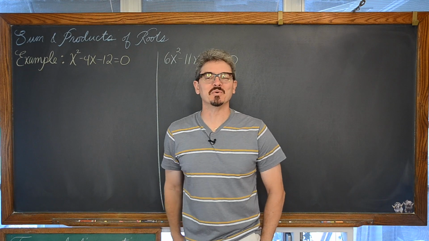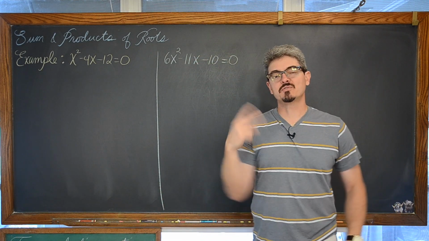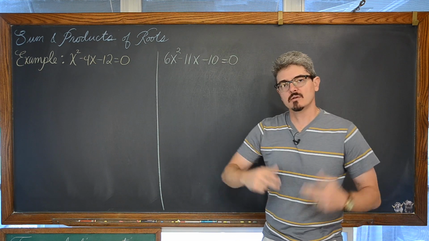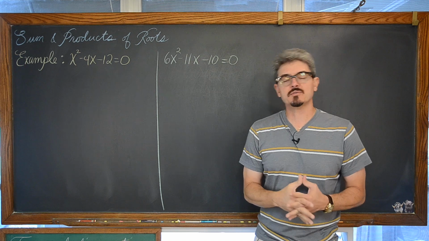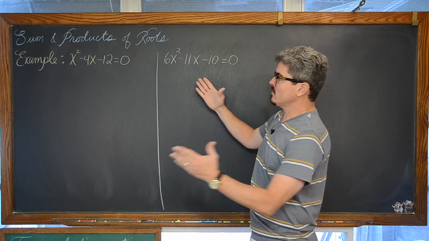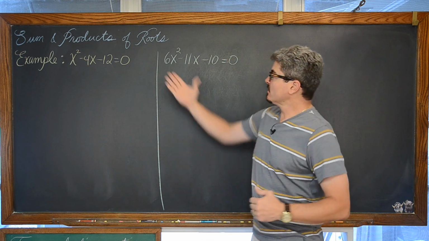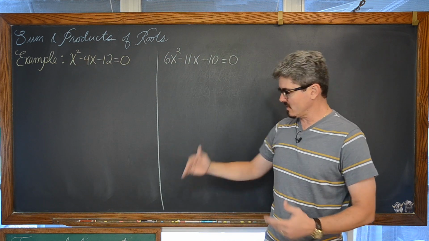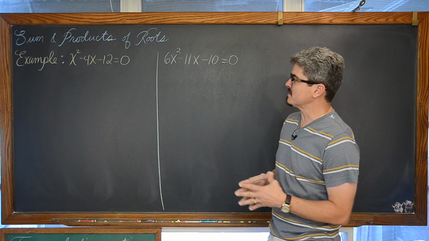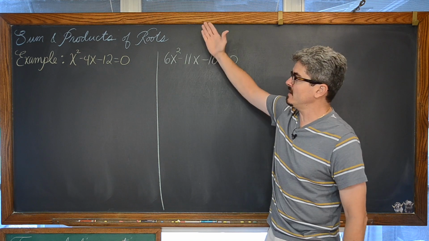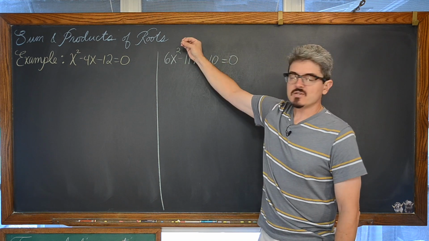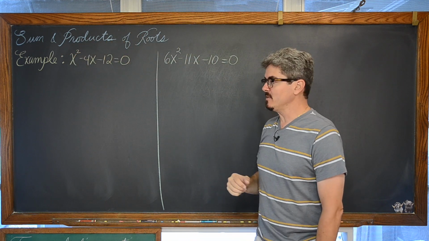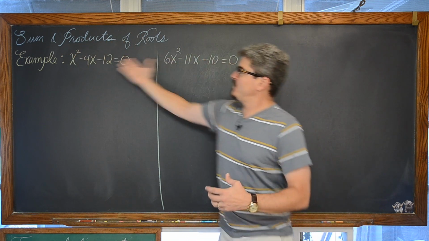Bam! Mr. Tarrou. In this math lesson, we're going to do two examples in the beginning of simply reviewing how to solve quadratic equations with factoring, because that's where most of my students struggle. We're then going to look at our solutions, look at the coefficients of these quadratic equations, and come to the realization, along with the little green board down here summarizing it for us in a statement, that there is a relationship between the sum and the products that we're going to get from these polynomials and the coefficients